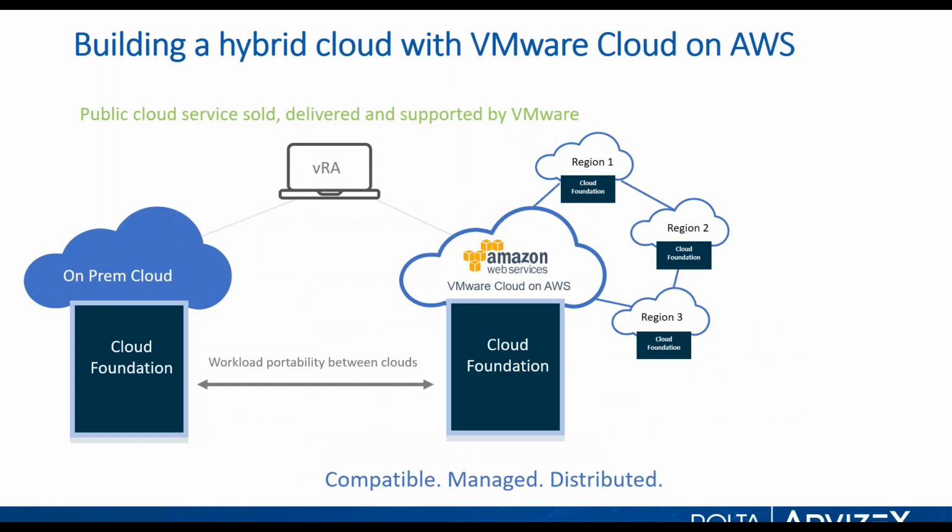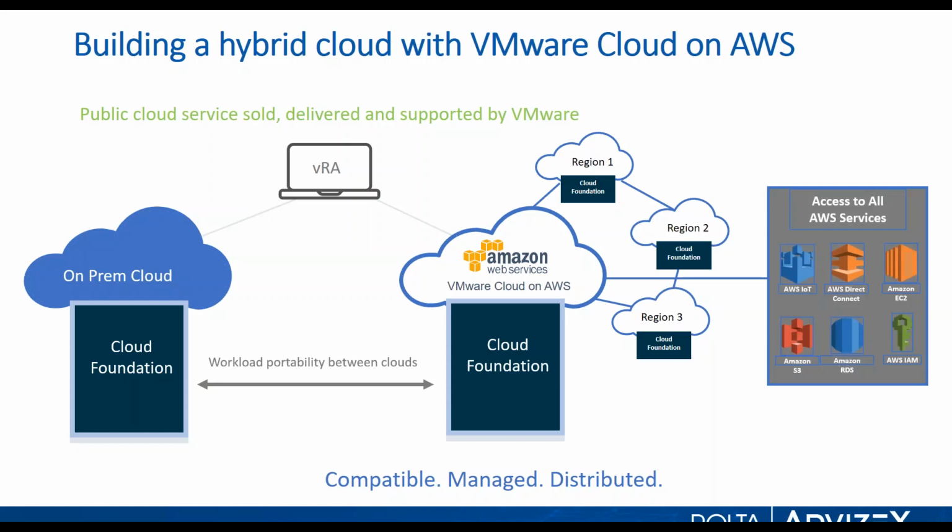And this also allows you to build a true hybrid cloud, connecting your on-premise and off-premise data centers that is compatible, stretched, and distributed. So if you want to extend your workloads to the public cloud, you can now build a complete SDDC with Cloud Foundation on AWS and connect it to on-premise, your private data center, through stretched networking with NSX. And you can also move workloads across multiple AWS data centers globally, and they all run in a common SDDC